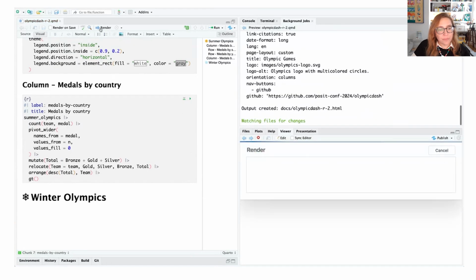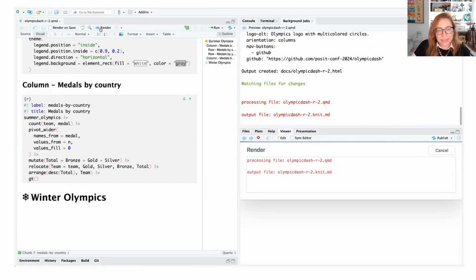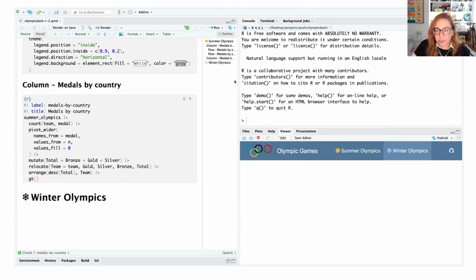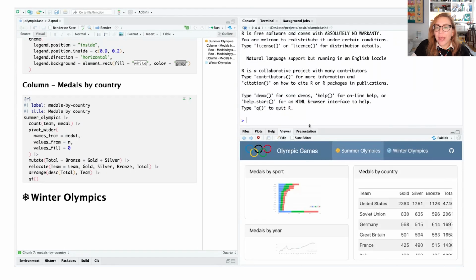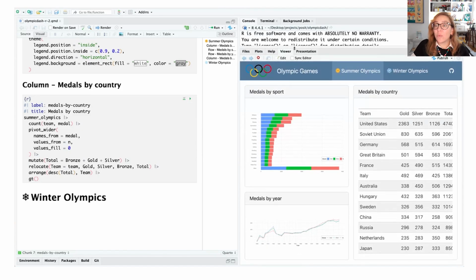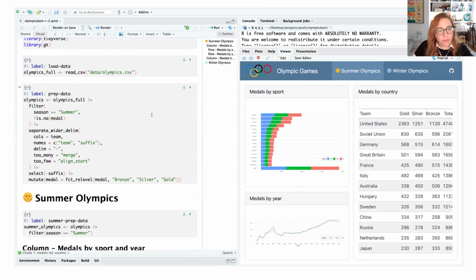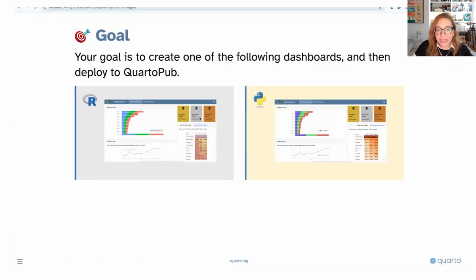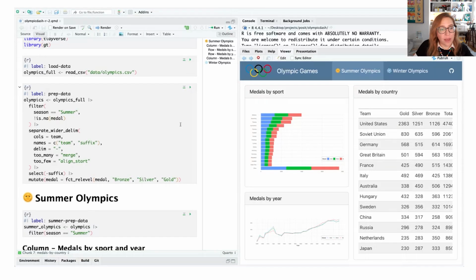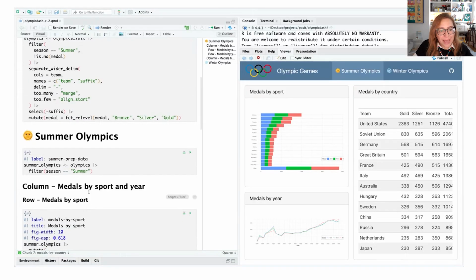All right, and for now, I'm going to set Winter Olympics aside. Let's go ahead and build our dashboard how we want it for the first page, and then we can copy and paste what we have done into our second page. All right, then what we want is in the Summer Olympics page, if we go back to our goal, we can see that our 2 columns are not the same width. So it's roughly 65% for the first and 35% for the other one. So we can go ahead and edit those columns.